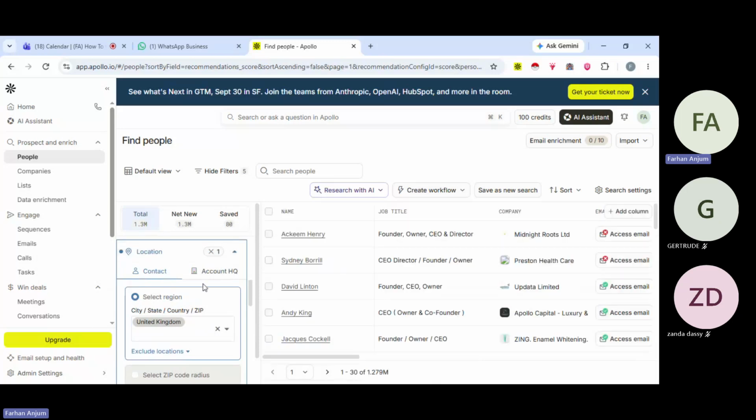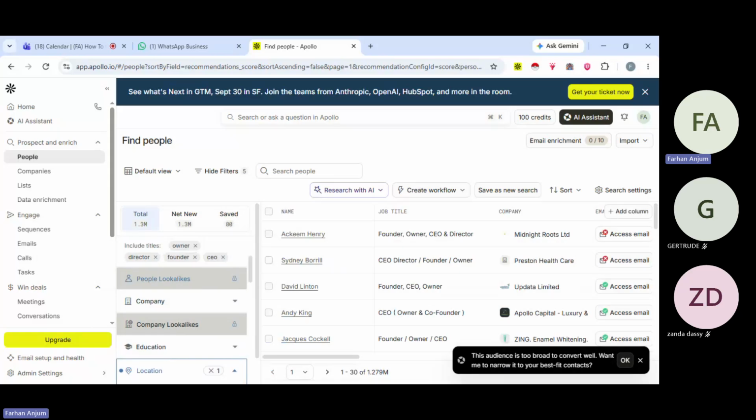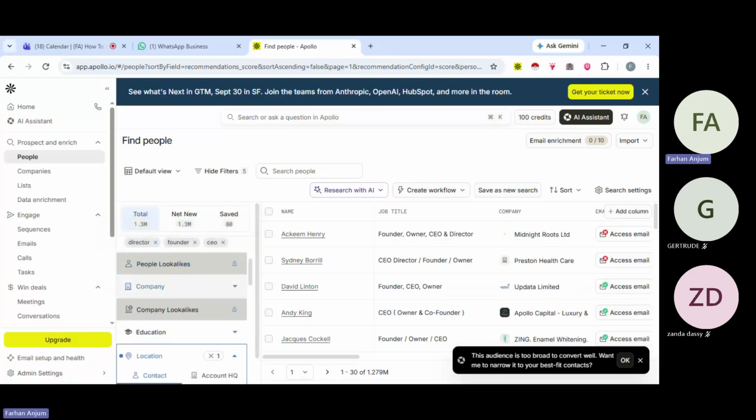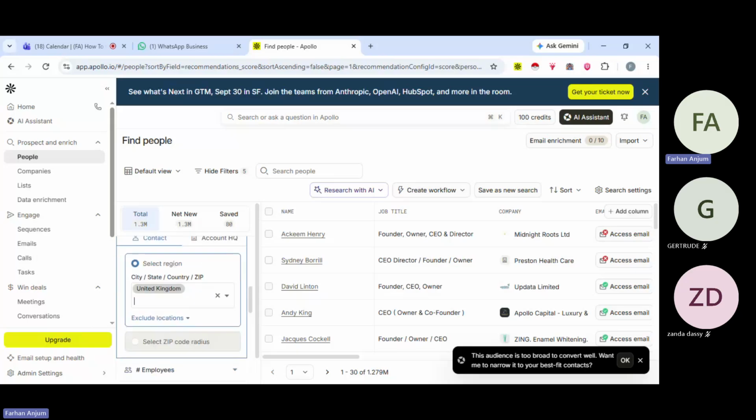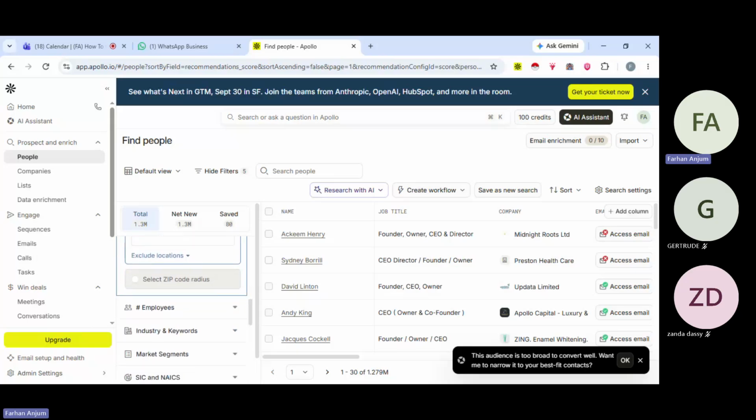That means that all the owners, all the founders, CEOs who are working within or who belong to UK, that is their complete address and their complete details. And that number is 1.3 million. So it's 1.3 million owners, founders, CEOs, and directors data that we can find on Apollo. But we are not done with our filters yet. Now, we need to apply one more important filter, and that is going to be